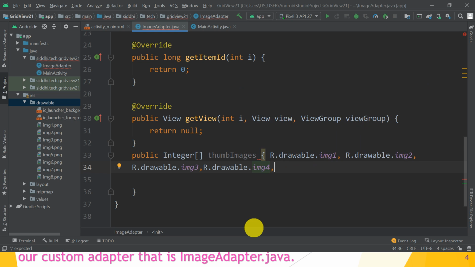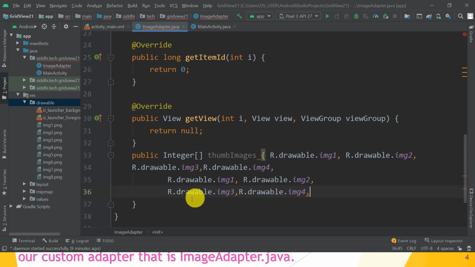Great. Similarly, I have chosen again, paste here and change the names only: 4, 5, then 6, 8 and 7.